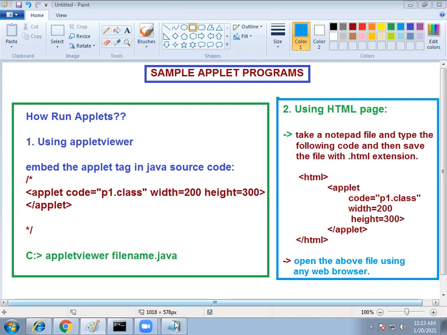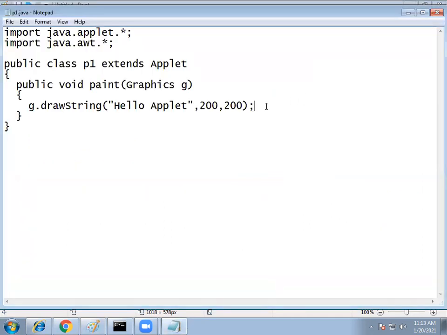So now like that, you can print different shapes. For example, if you want to draw, g dot draw rectangle, 10 comma 10 comma 300 comma 400.